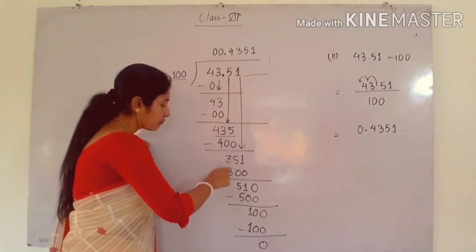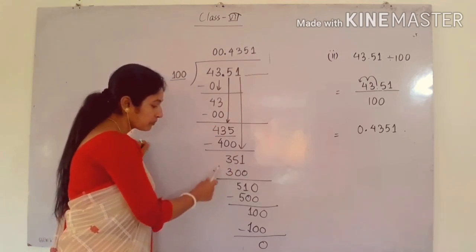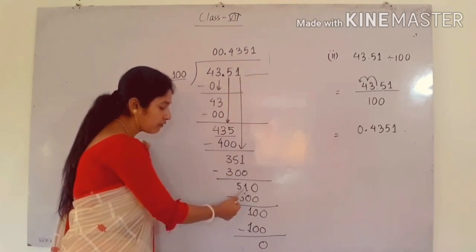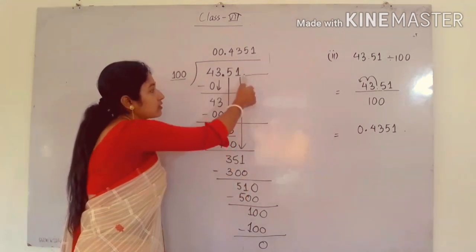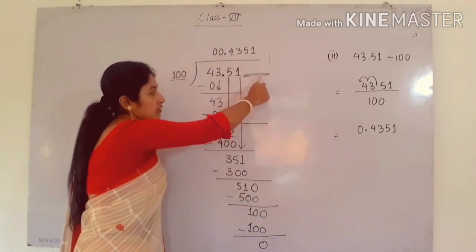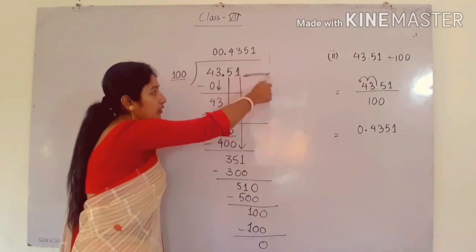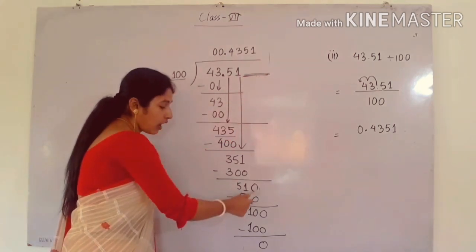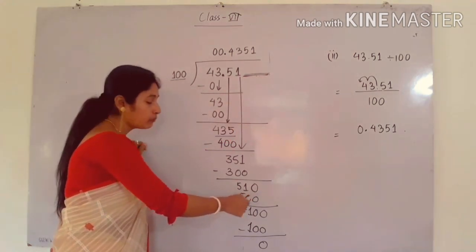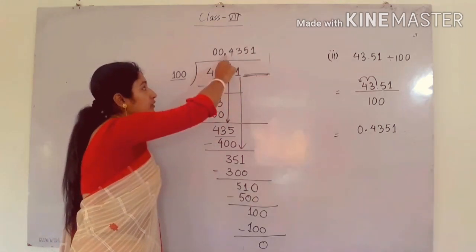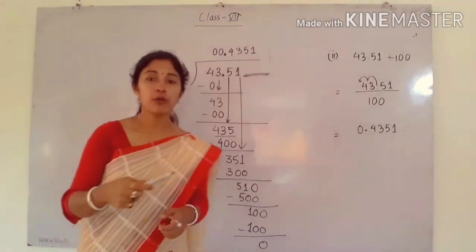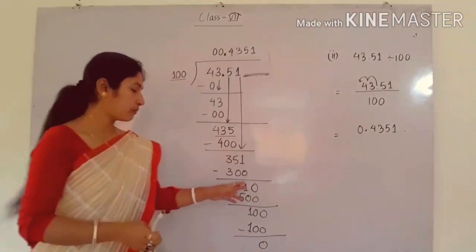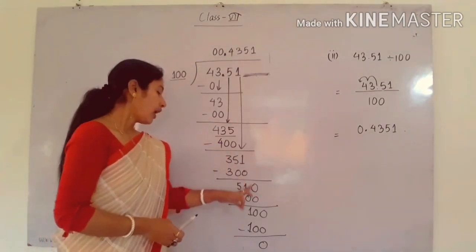Okay. So now from here, see, from this position 5 1 we don't have any next numbers. No digits are there after 1. So what will happen? How can I put 0 here? See, we have the decimal point and we know that the decimal point generates 0. We can write 0 from that decimal point. So I am putting 0 here.